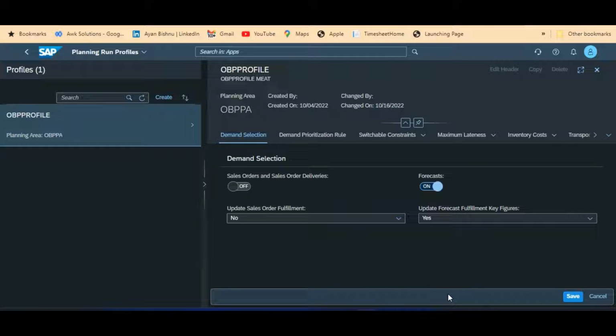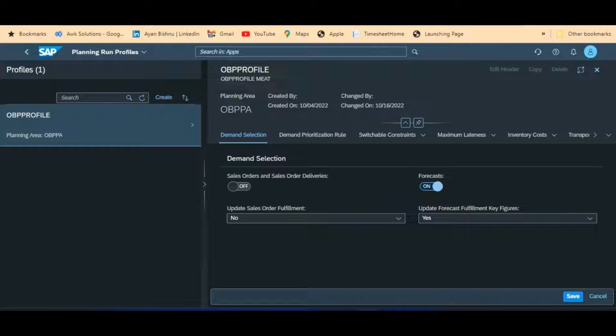A planning run profile, we can say, is an accumulation of different options, priorities, and settings which we create based on the decision whether we want to run a supply planning in terms of finite heuristics or a supply planning with optimizer, or even whether I want to run optimizer with capacity as a constraint, supplier as a constraint, or just capacity as a constraint. So based on the business requirement and the business need, in order based planning we can have multiple profile runs.